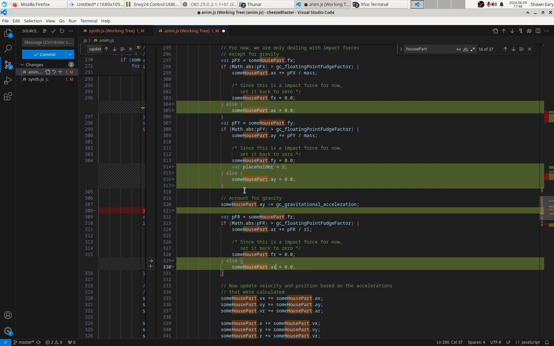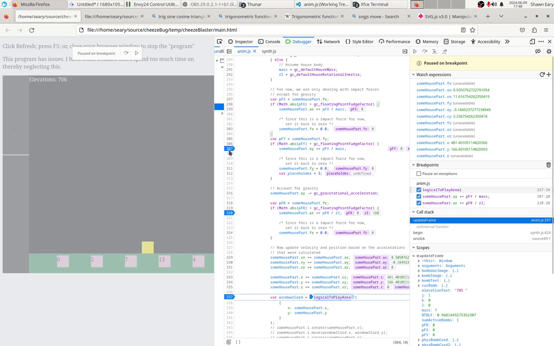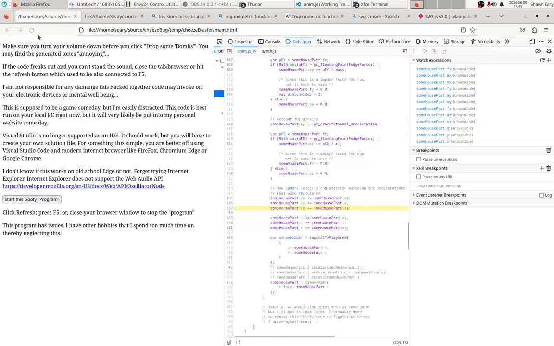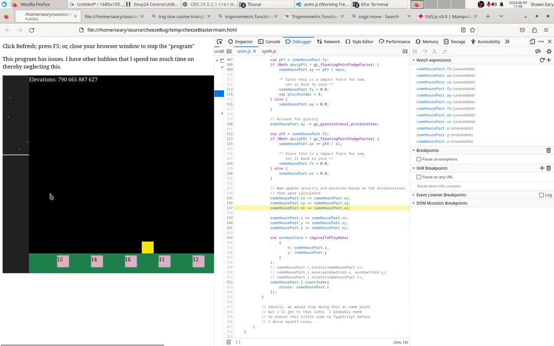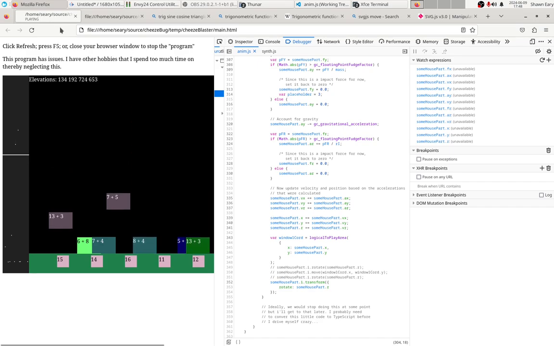Now let's see if this thing starts rotating like crazy again. It should stay slow. We're expecting it to stay slow the entire time. And no, we don't want all these breakpoints. Bug after bug after bug. And it's not rotating at all. Oh, there it goes. Yeah, it's rotating. Very, very slowly. Okay, so